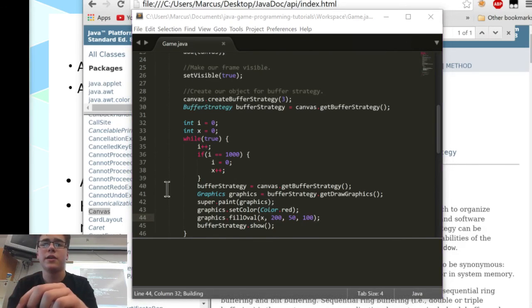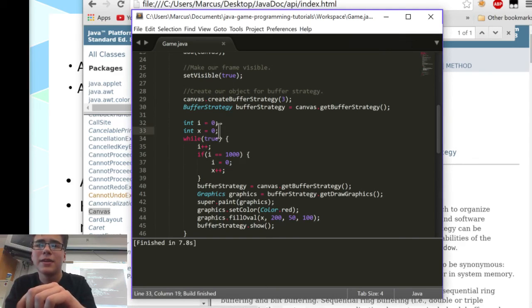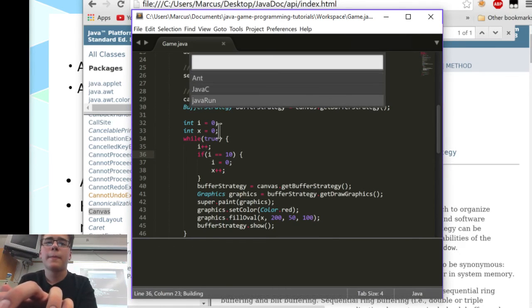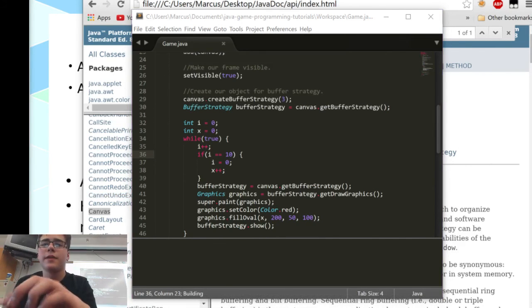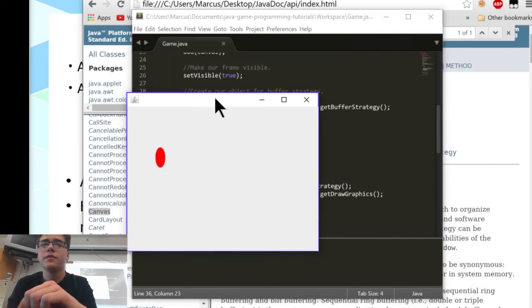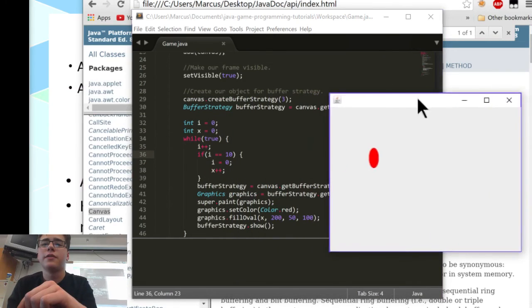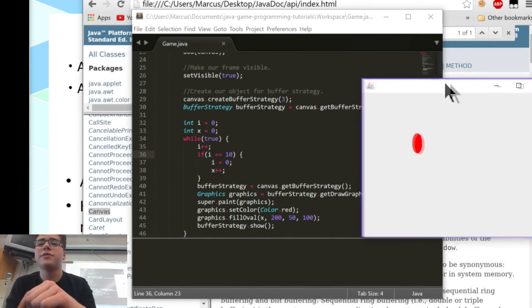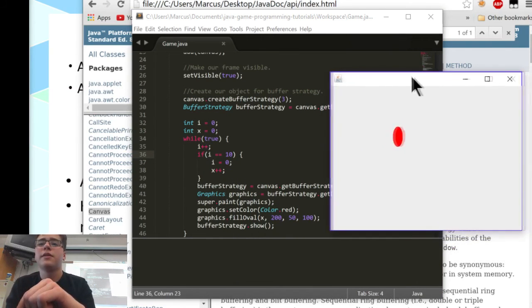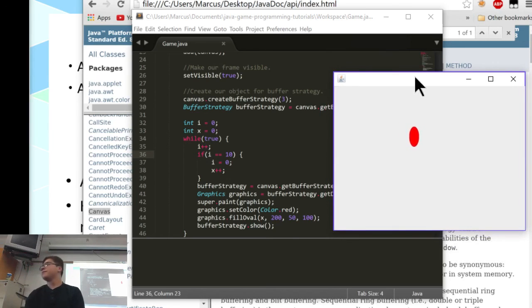I'm just showing you that this will automatically move. I think I made the number so big that it's not doing anything. Hold on. Let me go ahead. Okay. Yeah, that works. So there you go. You have a moving oval. And as I said, you don't have to do that test yourself. I'm just showing you that this works. If we just did the paint method, it would not repaint it automatically every frame.